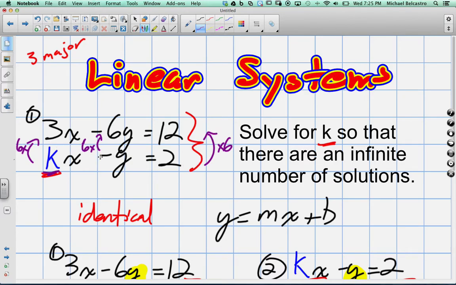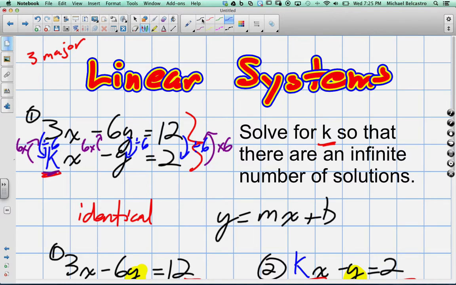So multiplying up, we know the number is going to be 6. We figured that out. What's the opposite of multiplying? Dividing. So in other words, I should be able to divide 12 by 6 to get 2. Did that work? Yeah. Can I divide negative 6y by 6 to get to negative y? Yeah. Okay, so here it is. If I divide 3 by 6,